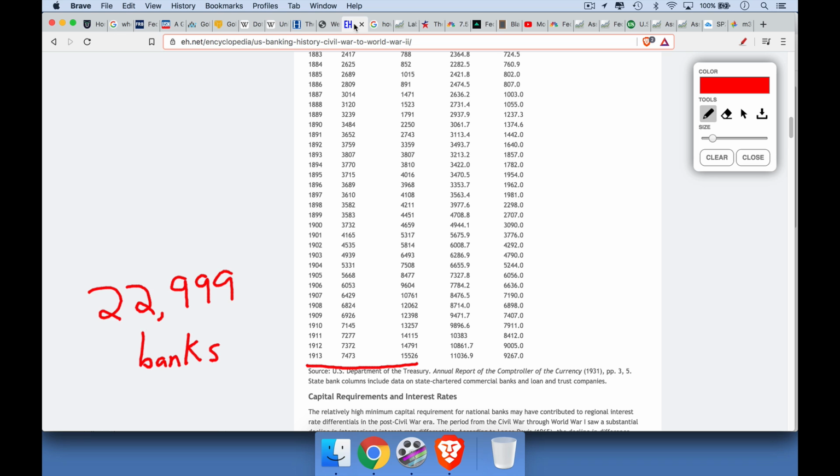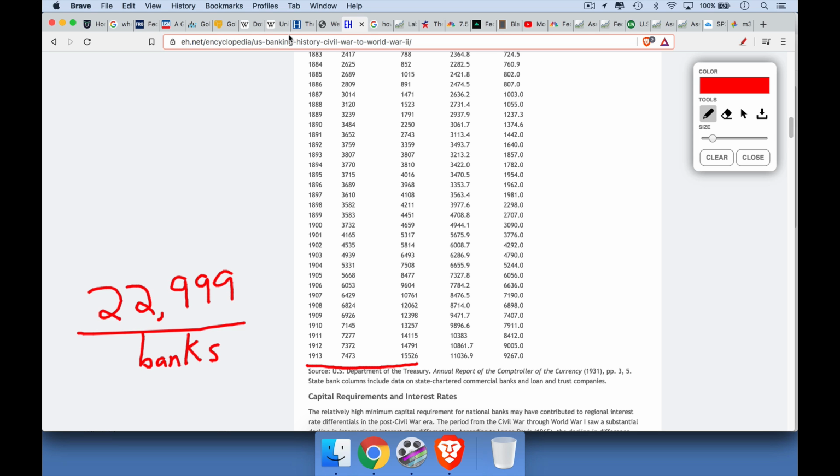When the Federal Reserve started in 1913, there were 23,000 banks in the U.S. Now, obviously, the population was a lot smaller back then, but nevertheless, there are this many banks. And part of the Fed's policy has been to be like an evil vacuum cleaner that sucks up all the banks in the U.S. And now we just have these very major banks. Obviously, there are legislative changes that were made, regulatory changes that were made that allowed this. But one of the main purposes of a central bank is to expand its own power.